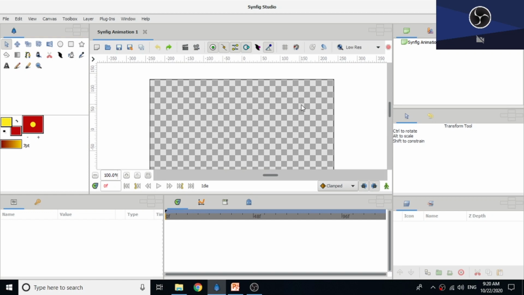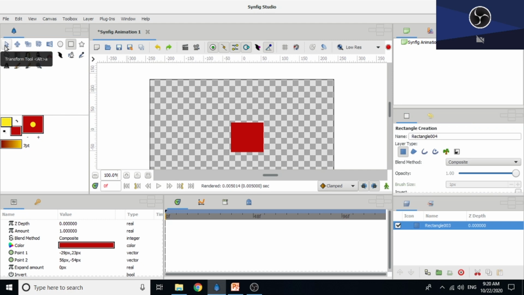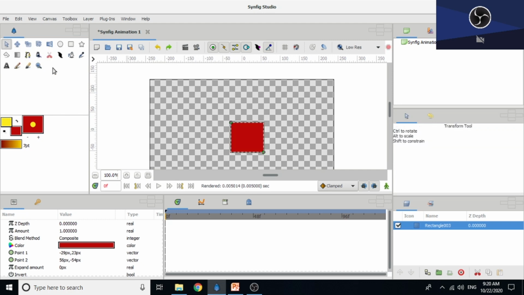Now we will see how the rotate layer works first of all. Suppose you create a rectangle, then click on the transform tool. You can see that the rectangle layer is added here in the layers panel.